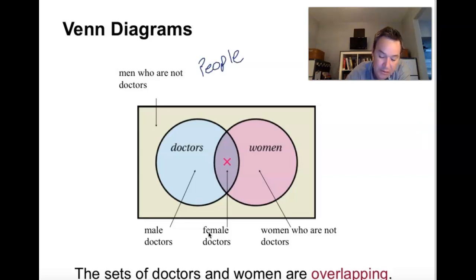It may be people or maybe more specific professions, etc. All right, well, these are overlapping because there is an overlap between doctors and women. Some doctors are women. And so that space where they overlap represents, let me actually write it in a different way,